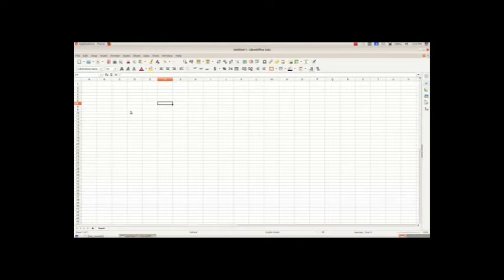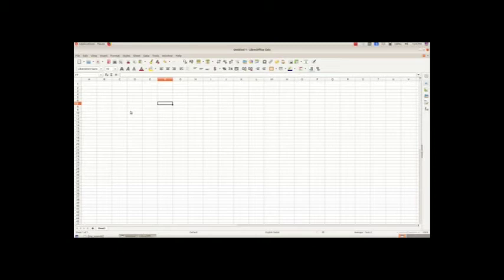In page number 89, you have one table where you have to identify the cell address information. Before that, we will see the name of the last column and the last number of the row.